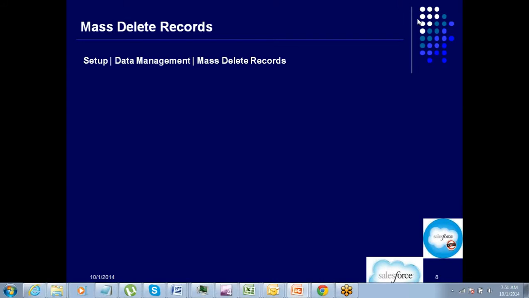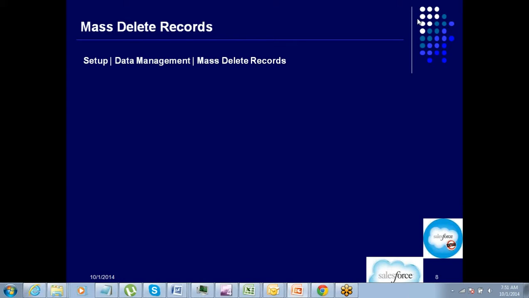But whenever we are talking about delete, delete is the easiest thing. That is something that we all understand, right? So deleting anything will be the easiest thing. So it's not about how we delete it. Anyhow, we are going to see how to delete the data in bulk. But there are a few things which we need to understand before we go and do the mass delete. See, mass delete can be a